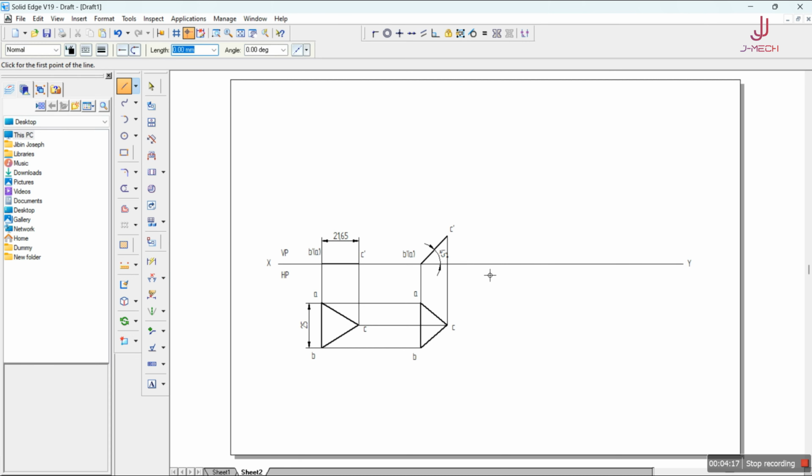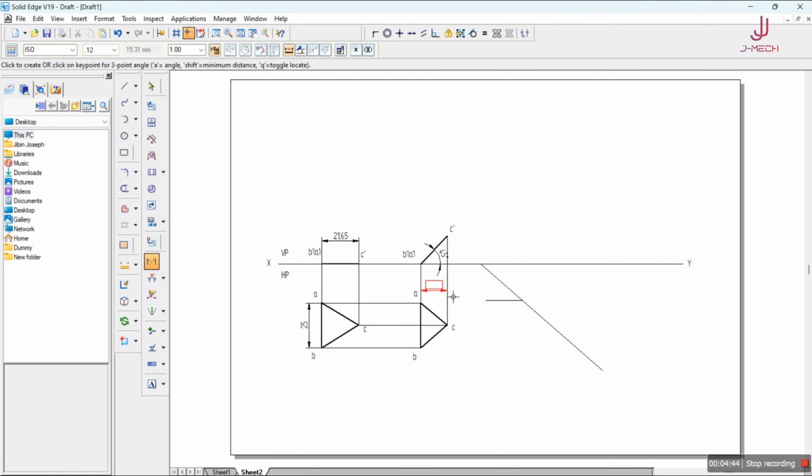We'll take the normal line, and here it is making an angle of 40 degrees. I won't specify the length. I'll skip to the angle and specify the angle as minus 40 degrees. Enter. I have a 40 degree line here. Now I will draw a cross line just to initiate a point, and I will trim this particular line. Now to draw the locus, I have these two measurements. One is 21.65 and the other measurement is